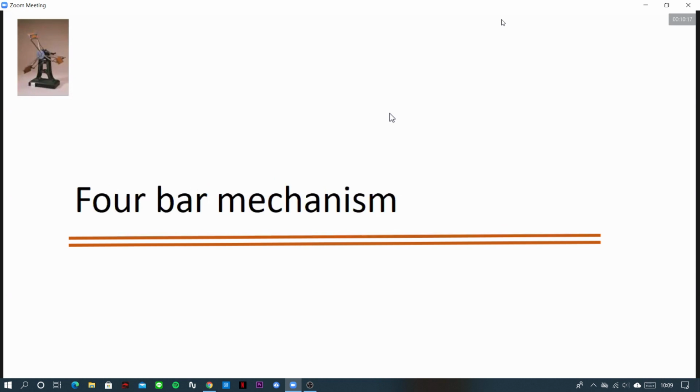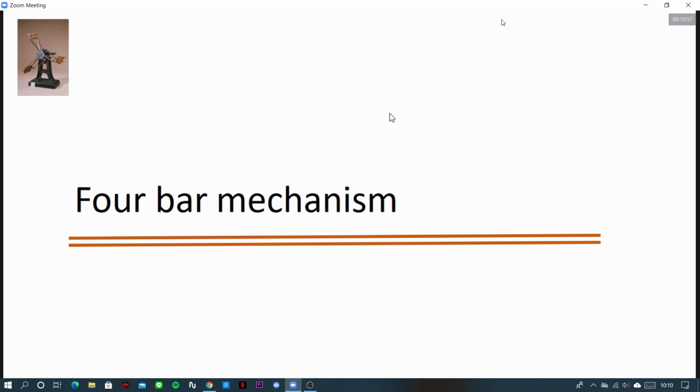So this is the simplest and most common linkage mechanism, the 4-bar linkage mechanism. It is a combination of 4 links, one being designated as a frame. The frame will be your base, which will be fixed, and it will be connected by 2 joints, and you will have 2 more links from there, which will be connected by 2 more joints and 1 link. Okay. Because it is encountered so often in your daily life as well, that's why we are going to discuss it first. Okay.